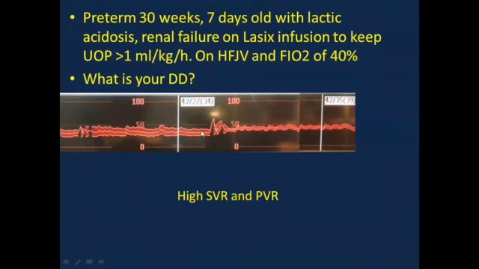In this condition, when we did echocardiography, the systemic vascular resistance and also the pulmonary vascular resistance were both high. So this is a preterm infant, 30 weeker, 7 days old with lactic acidosis, renal failure, on Lasix infusion to keep urine output higher than 1 ml per kg per hour, on high frequency jet ventilation, FiO2 was 40%. So in this situation, after we did an echo, there was pulmonary hypertension. And I will just show you